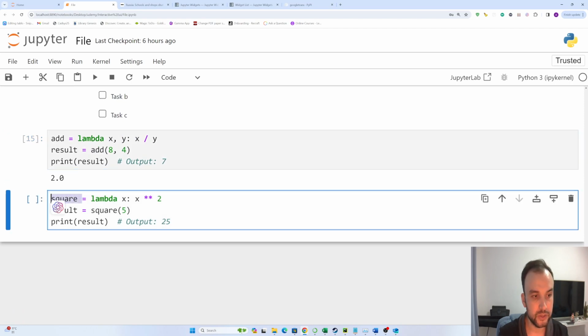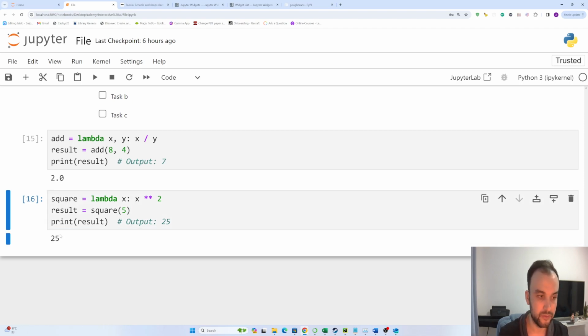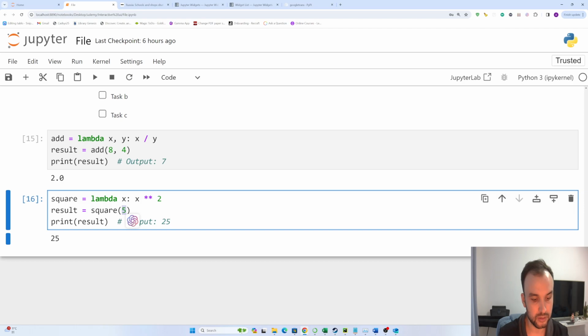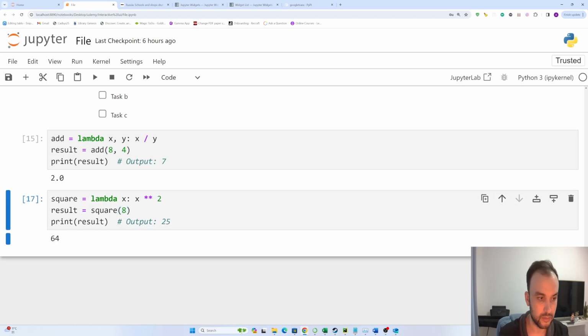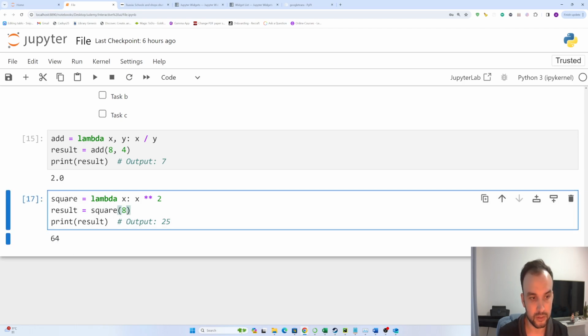And here, for example, square. I just have one parameter, x, and x squared. So for result square, actually here I just created the square function, and square 5 gives me 25. If I change this number, like 8, it gives me the square of that number.